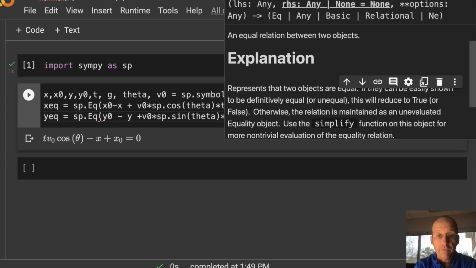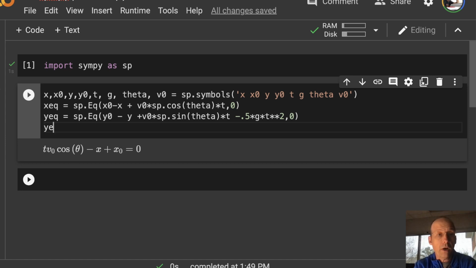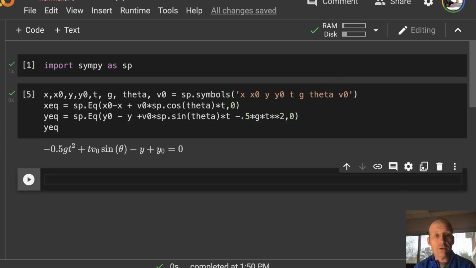Notice that square in Python is star star 2. And then also notice I don't have a value for g. I never told it what g is, and that's fine because I'm just using it as a symbol. So let's display this equation YEQ, and you'll notice that I get this negative 0.5, which is fine, right? It is negative 0.5. But if you want to do more symbolic math, you want to write that as a fraction,